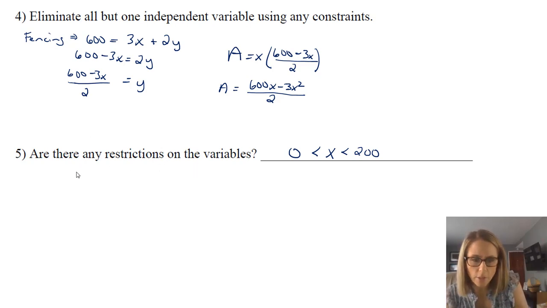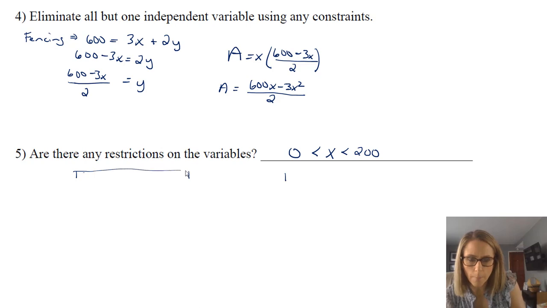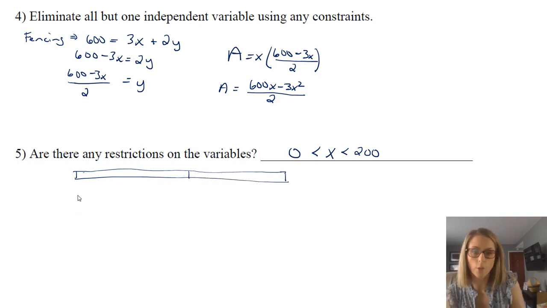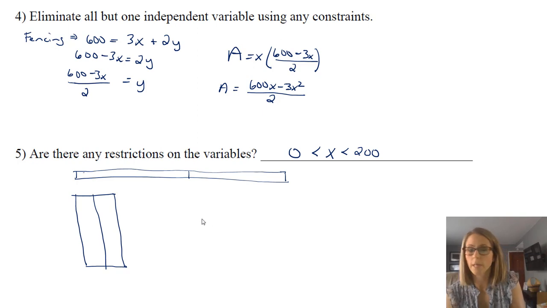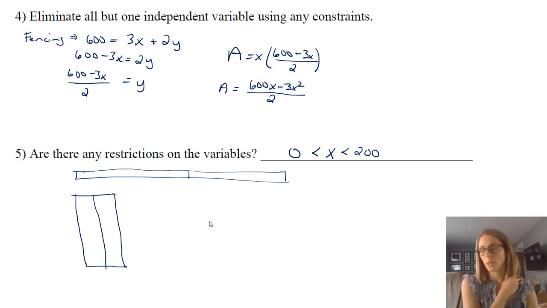But the idea is, you could end up with a corral like this if your x's were very small and your y's were very big, something like this. Or you could end up with very long x's and therefore very small y's. Or you could end up with something in the middle, which is like the picture that we have up there. So you're really just trying to find what values are going to give you the largest area inside the corral.